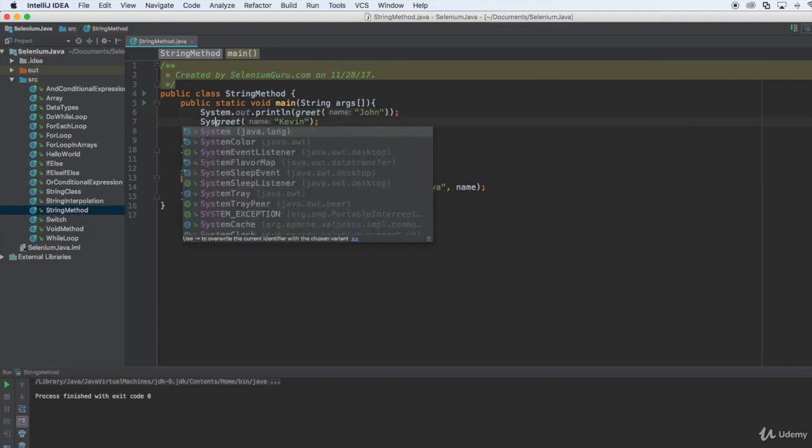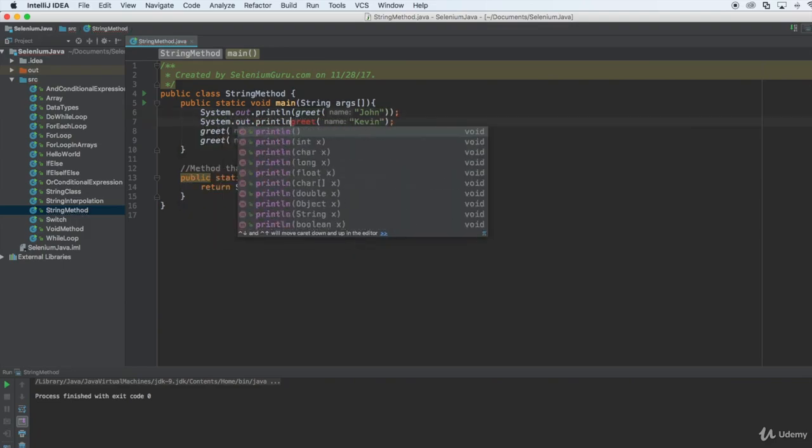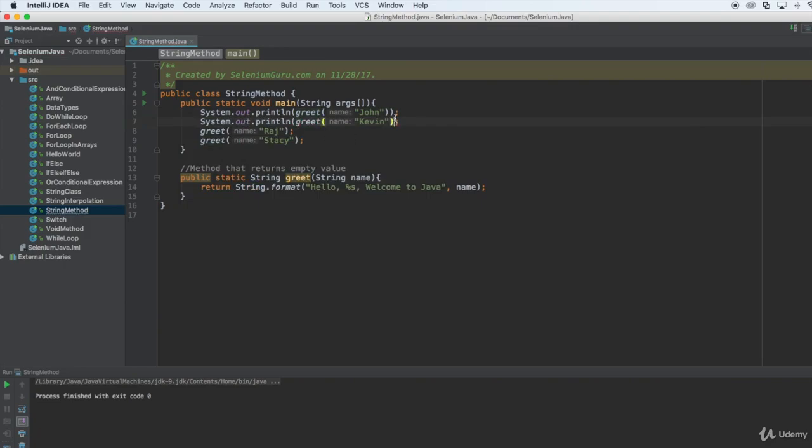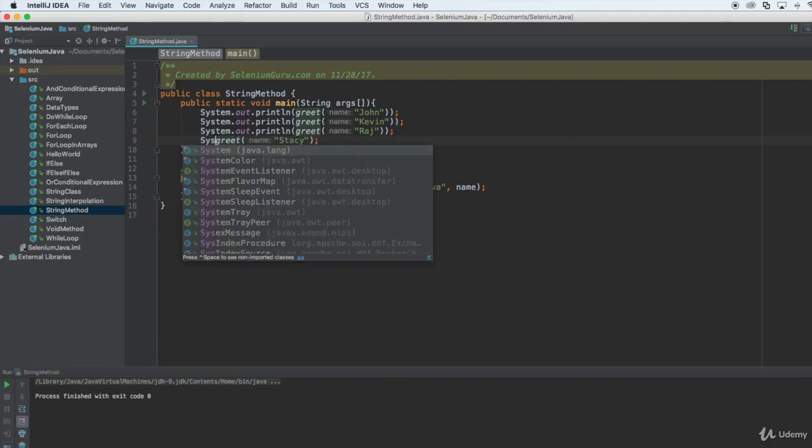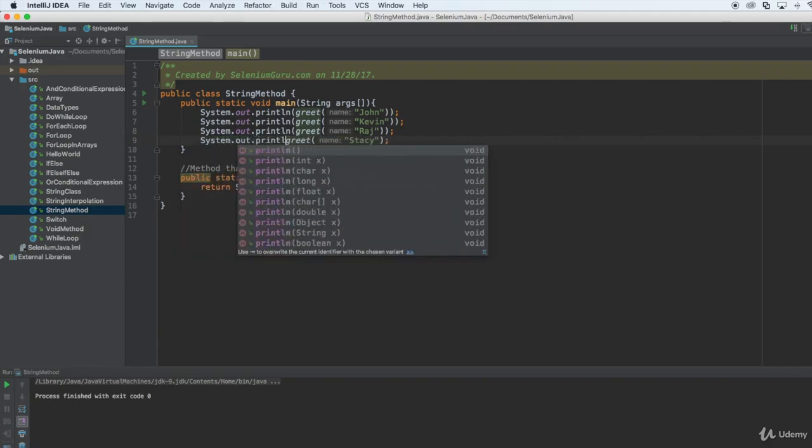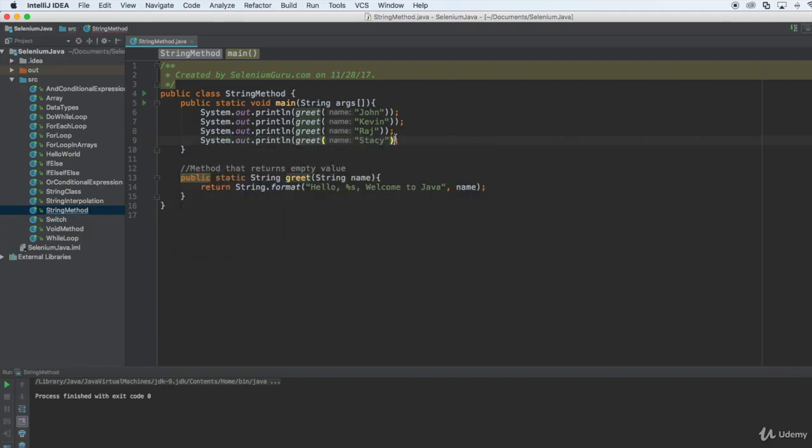System.out.println that, System.out.println that, System.out.println that, System.out.println that. So now if I run this,